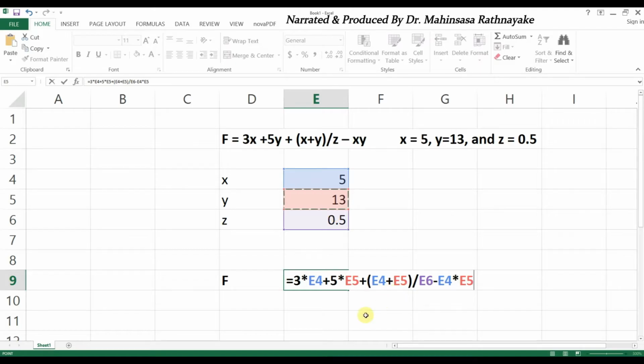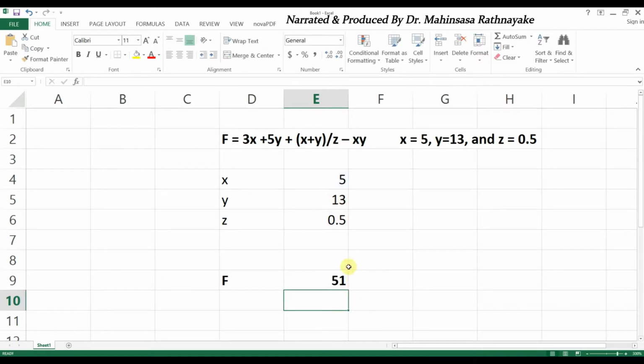So we can see the final answer is 51. But in many engineering problems, we have to solve more advanced algebraic equations, and it's not just a substitution.